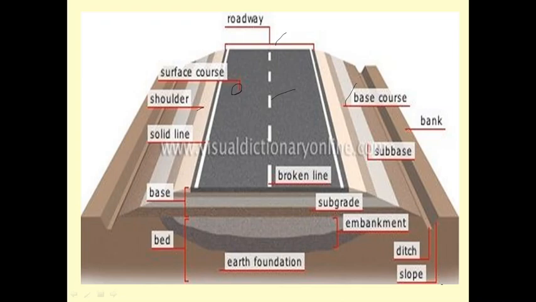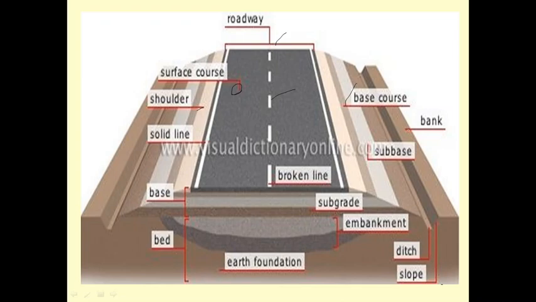And this is the fourth one, the embankment, the bed layer, and the base. These white lines are nothing but solid lines. They are also called alignment, and this is also the ditch side slopes. So totally these are the component parts of a road.